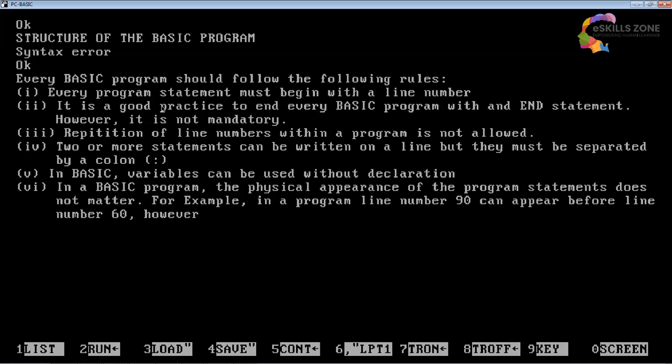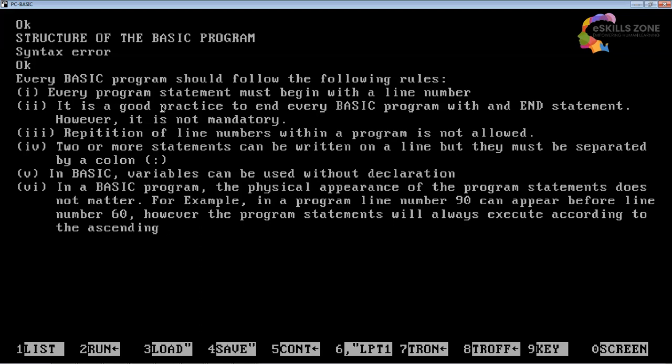However, the program statements will always execute according to the ascending order of specified line numbers. So viewers, we have just talked about this in point number 6, that in the BASIC program, the